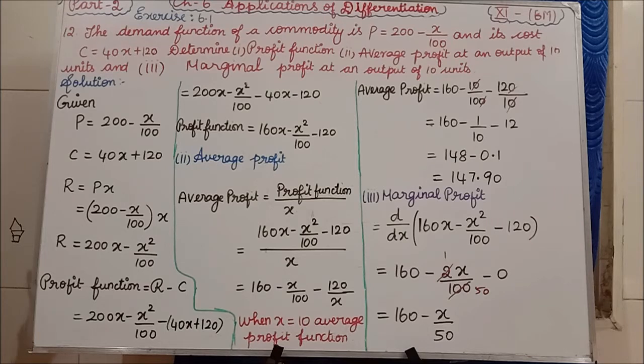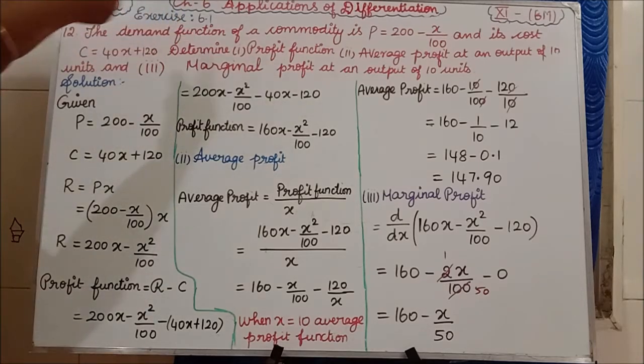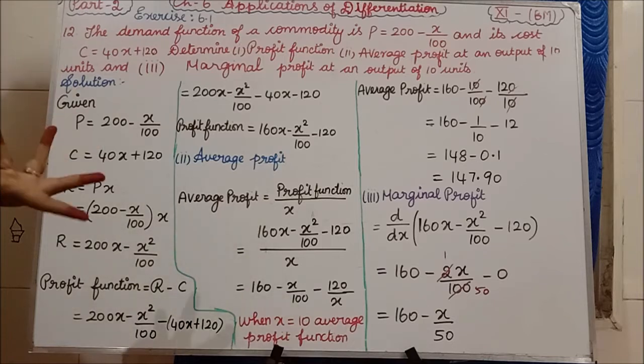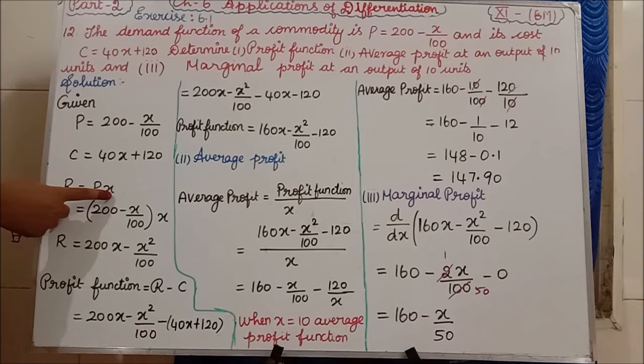We have to find the profit function. What we have seen now, profit function is equal to revenue function minus cost function, isn't it? Which is nothing but profit is equal to selling price minus cost price. So for that what we need? Revenue function we need, isn't it? In the question they have not given the revenue function value. So what is the revenue function formula? Revenue is equal to price into output. Output is nothing but X. So P into X, if you multiply, that is the revenue.